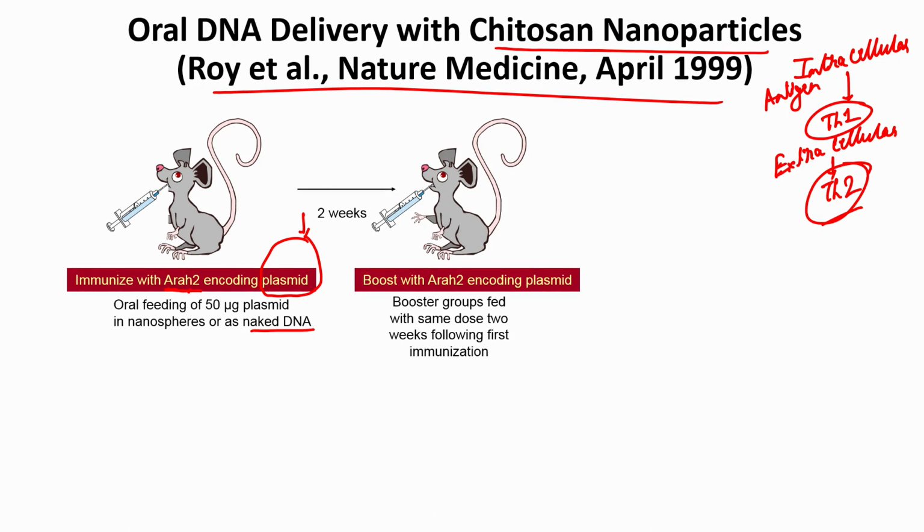And so, once you do this, you boost it again at 2 weeks. So, you make sure that there is enough immune response being generated against this RR2 through a Th1. So, there is enough memory of it as well. So, in this case the authors after 2 weeks gave the same dose again,